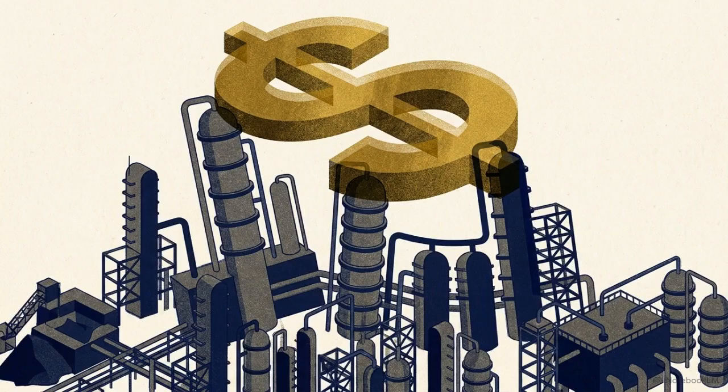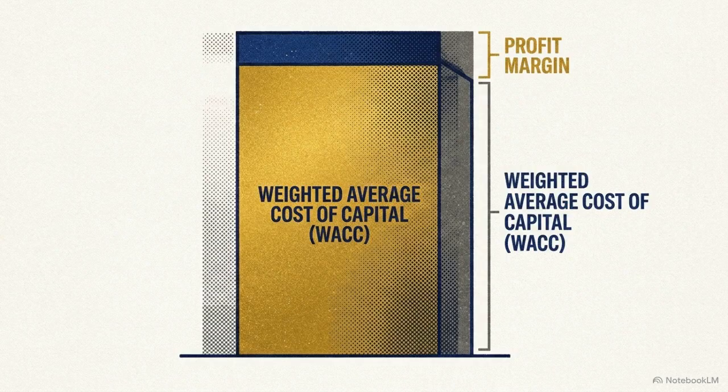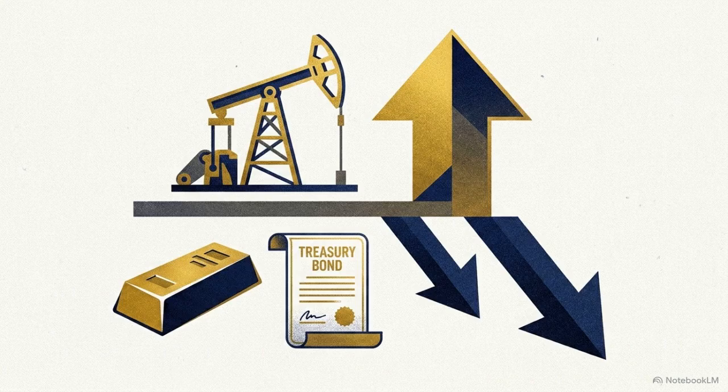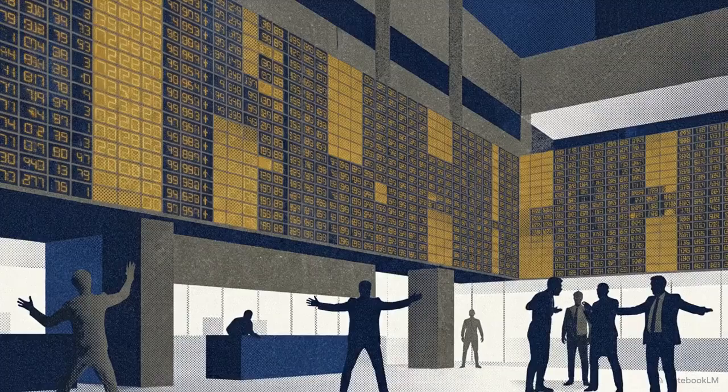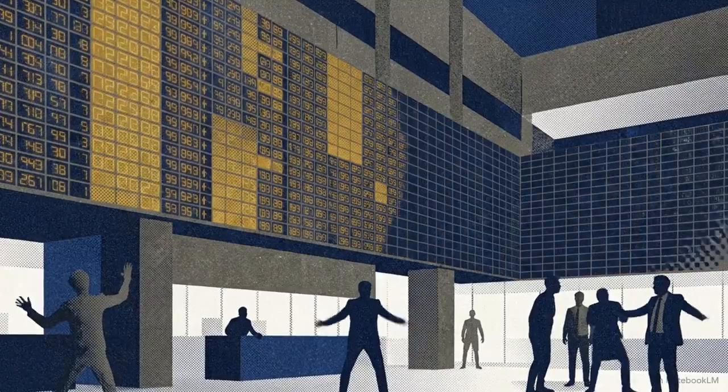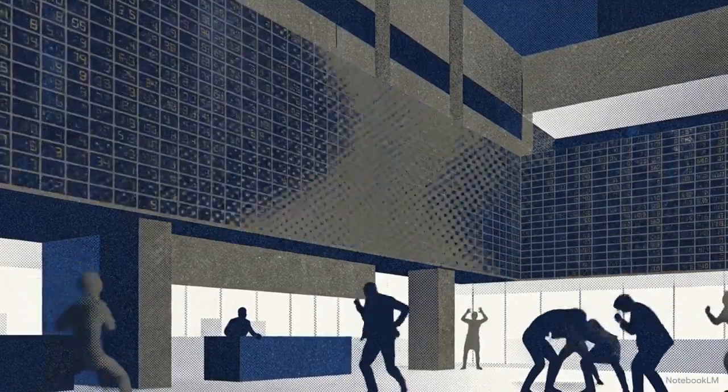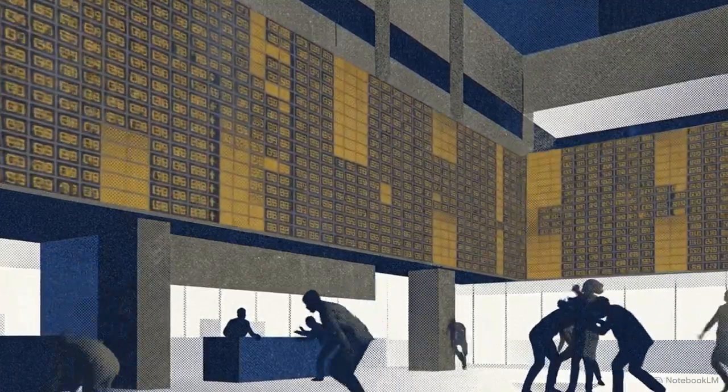This dynamic pressures gold mining equities. A stronger dollar makes the metal more expensive for foreign buyers, compressing top-line revenue for mining firms. Simultaneously, elevated interest rates increase the miners' weighted average cost of capital. Higher financing costs reduce their profit margins from the bottom up. During an energy-driven inflationary crisis, traditional hedges break down. The central bank's aggressive hawkish policy response destroys asset valuations faster than the underlying inflation can support them.